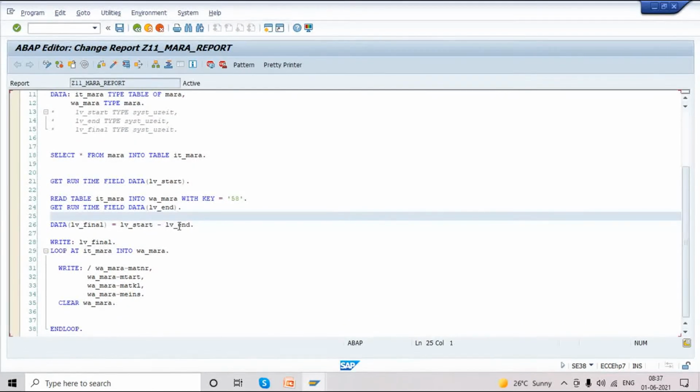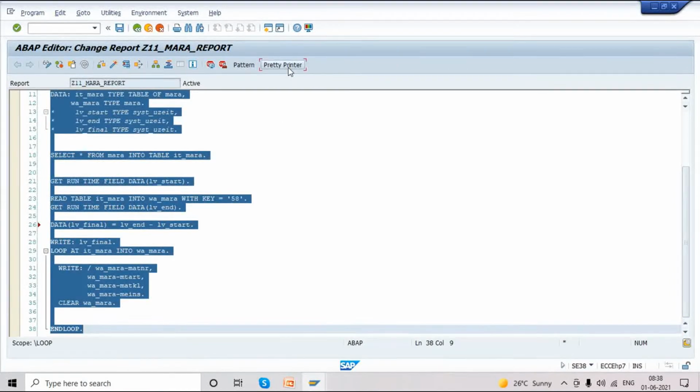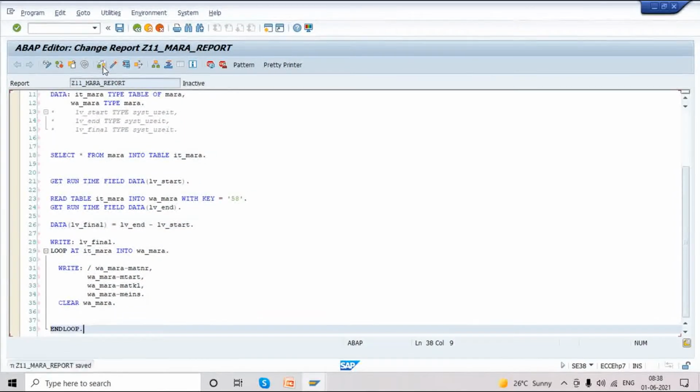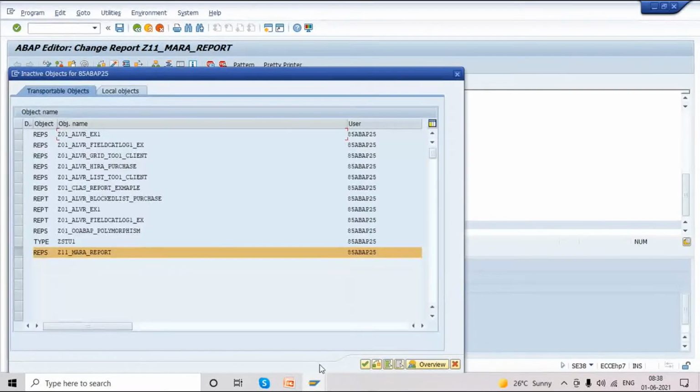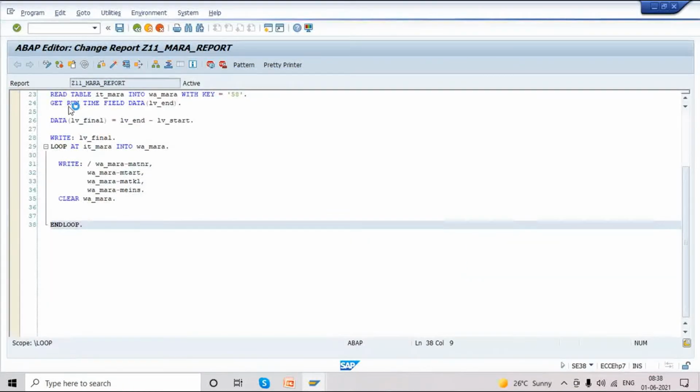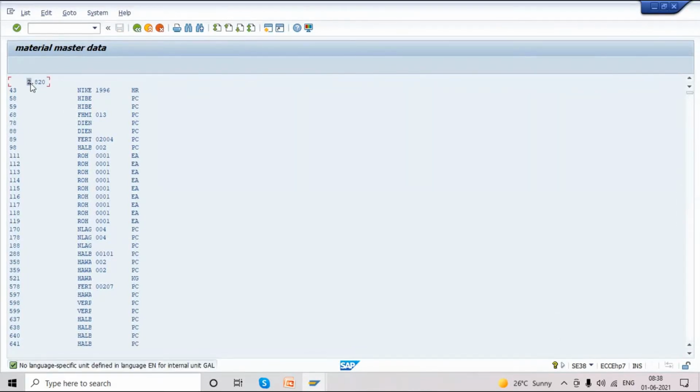LV end with start. Okay. We display all the entries. How much time did it take? 2820.